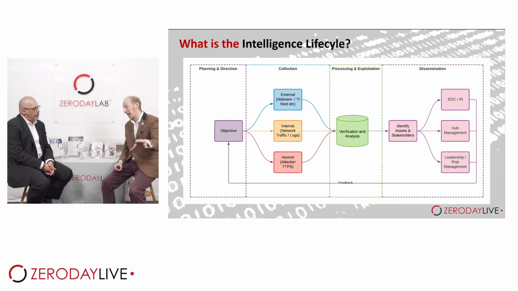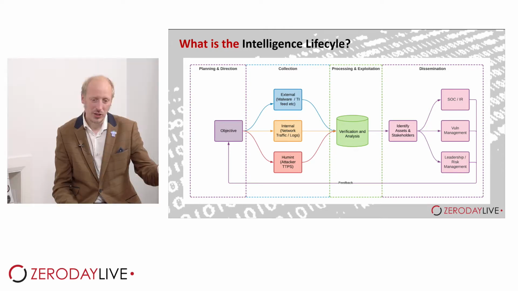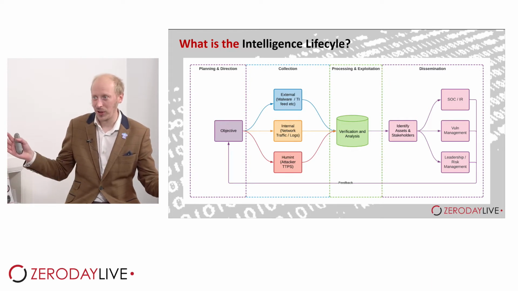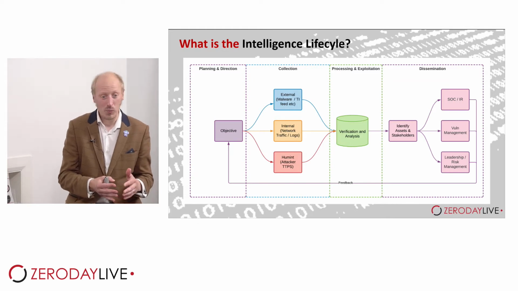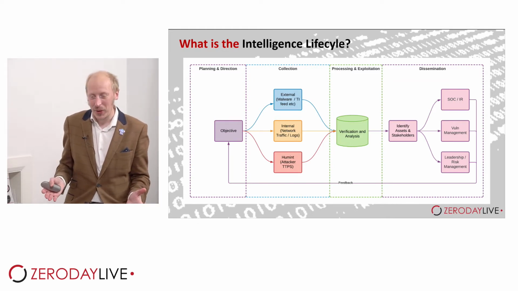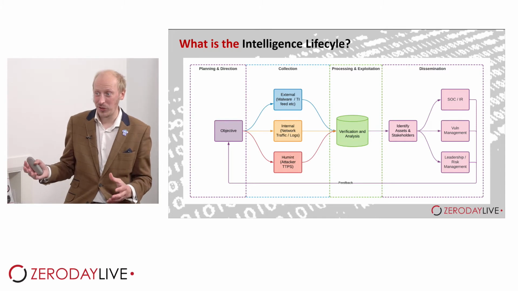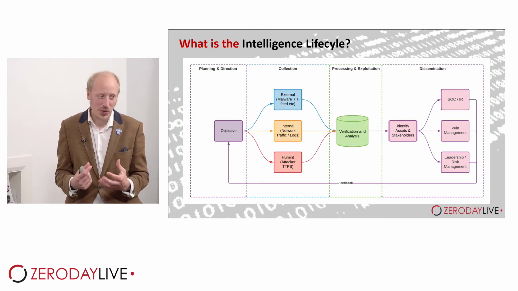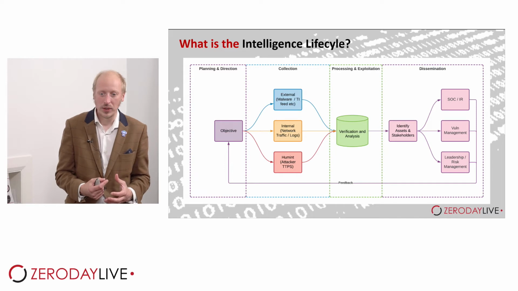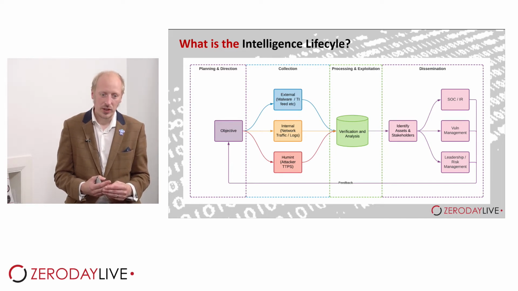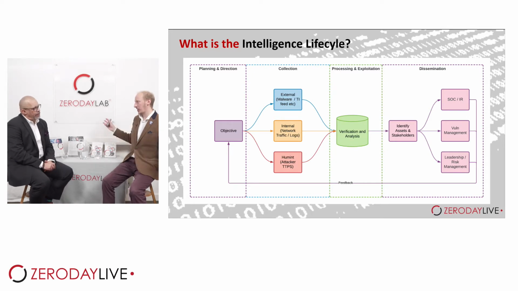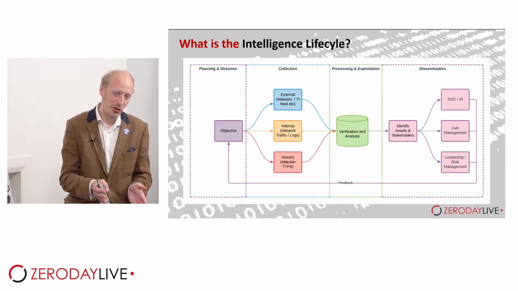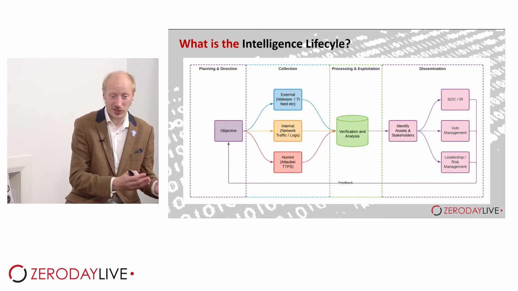But really what we're looking at is collection. Now, I've always believed in any form of collection or intelligence program, it's good data in, good objective out, right? So the better the quality of the data you collect, the more relevant the data you collect, or the more data you collect in some cases, right? If you get good quality data and volume of data and you can actually do something with that, you're always going to get a good outcome. What you don't want is data that's here's all the attacks happening across the industry, versus here's all the attacks happening, right? I want to look at the attacks that are happening in my industry, or the attacks that are very specific to my tech stack or whatever it may be.